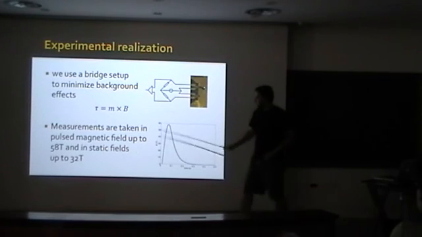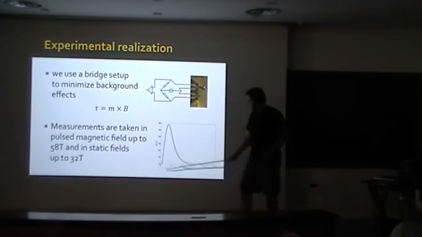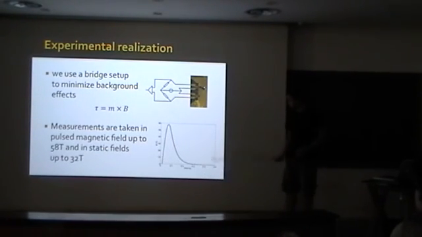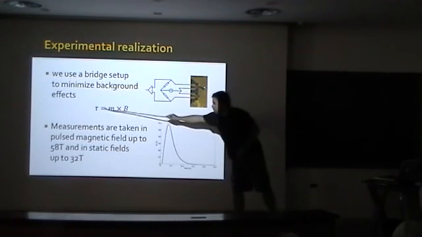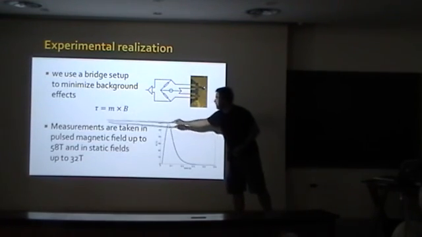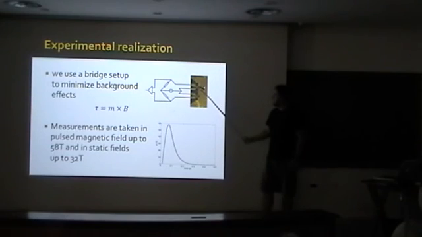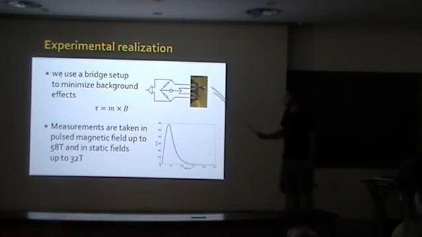in the 32 Tesla, it's rather easy to observe because you can sweep very slowly and you have good signal to noise. In 58 Tesla, this is pulsed magnetic field, and the whole experiment takes place in about 0.5 seconds. How we do that is we use an AFM microcantilever, and we measure the resistance change of this that we get due to a torque. So this is magnetization times field. We get the torque, so we get bending in this lever, and we measure the resistance change of this compared to a reference. So we're only left with what our sample gives us,